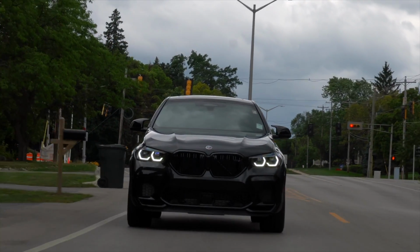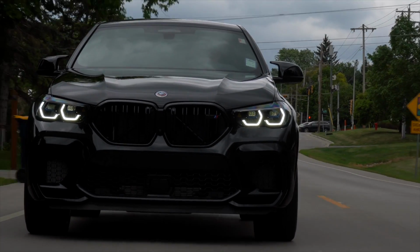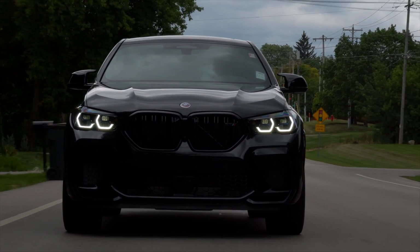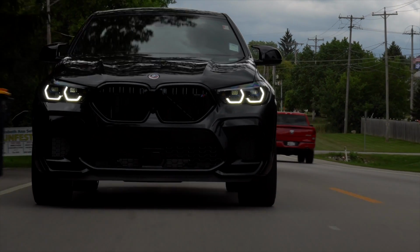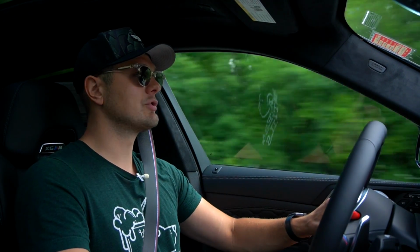But in the interest of being thorough, let's dial things back into comfort, slow things down, and see how this X6M gets on doing the utility part of SUV. Just cruising in this thing, I would call fine. You could probably drive coast to coast in this thing and do a nice long road trip, but you'd probably